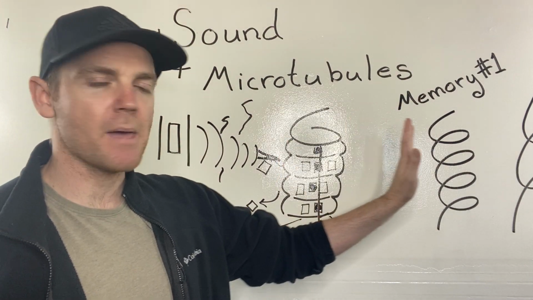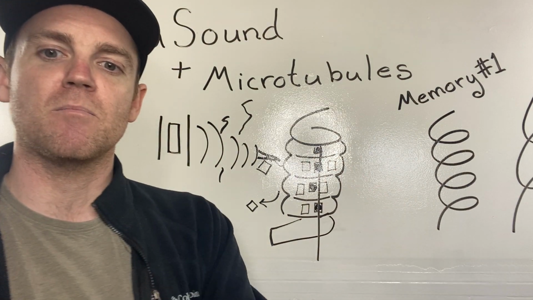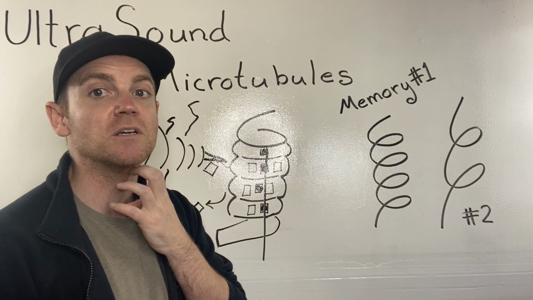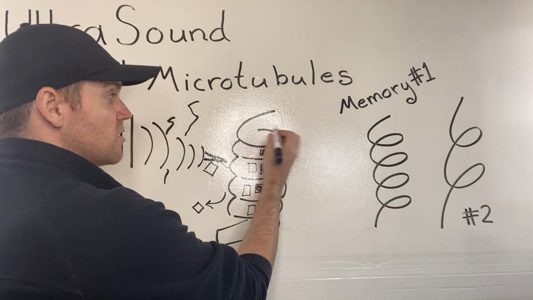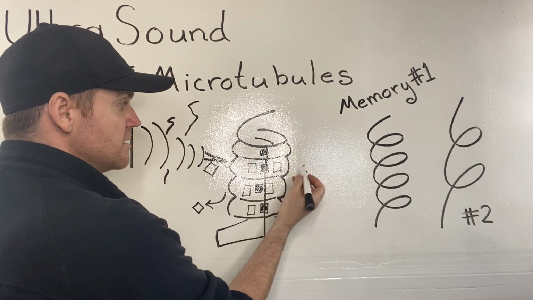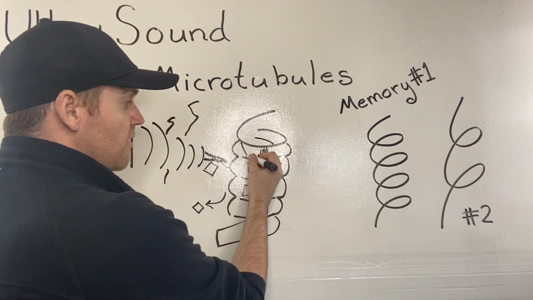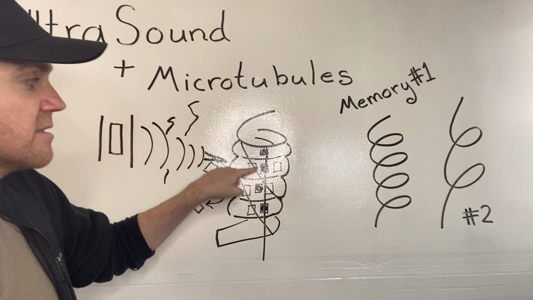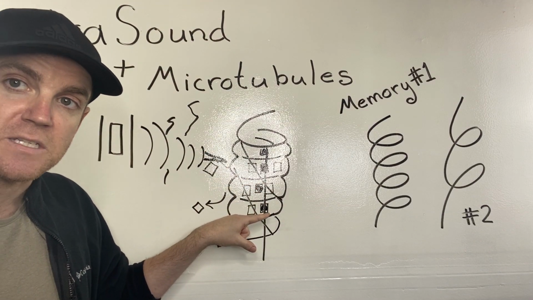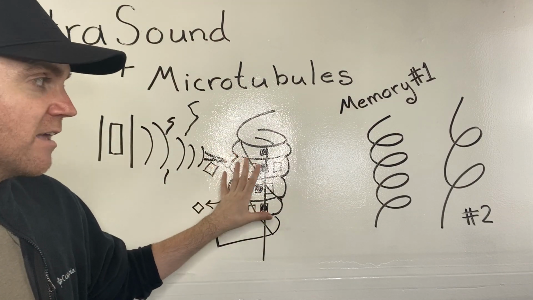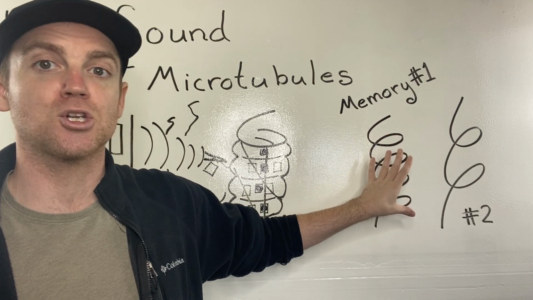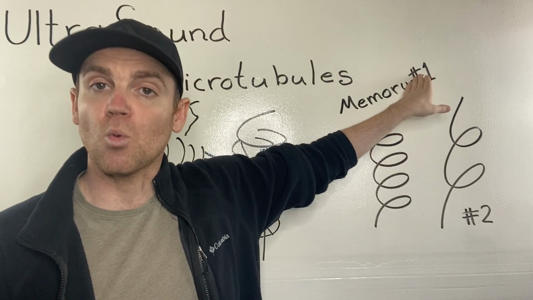Now let's look at what a memory might look like and why these might look a little bit different and why these spin frequencies are really important. So you notice how these microtubules also have the spin process. You can actually have lines going through these and have different resonant patterns. So just to simplify it, we would look at like a curly Q or like a slinky kind of picture. Now, if we have memory number one